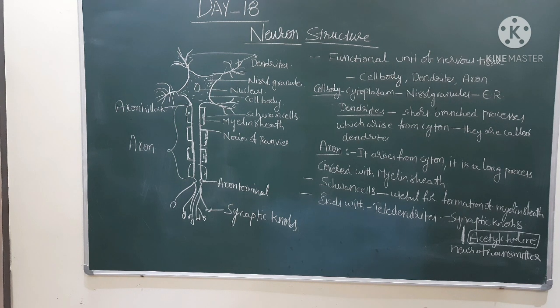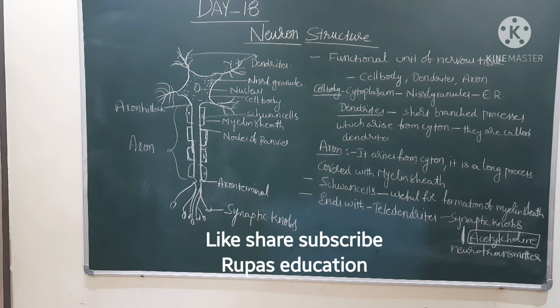Note down my dear students. If you write these points, you will get the 4 marks easily. If you draw this diagram, it's also important. Drawing the diagram is also important. They may ask you the neuron structure with explanation, or the neuron just as a labelled diagram. So draw a neat labelled diagram of the neuron, they may ask you. Okay my dear students.